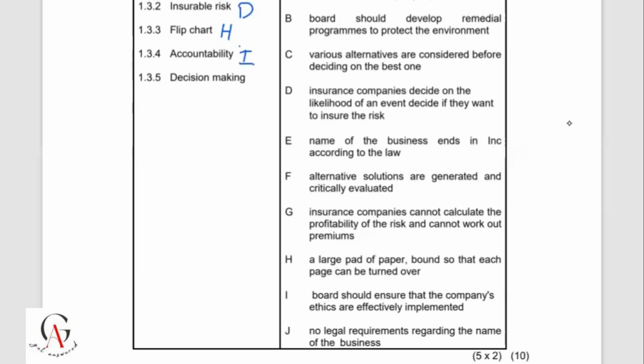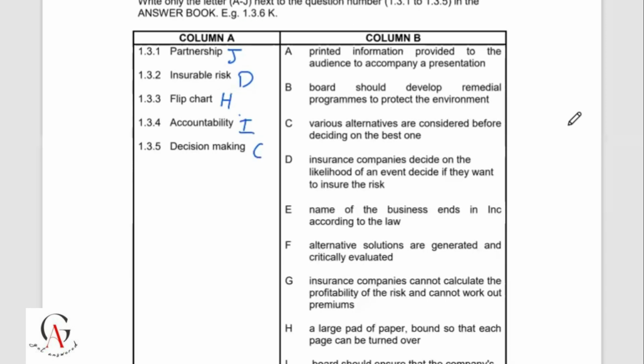So now the one for decision making, we are actually going to check out the various alternatives are considered before deciding on the best alternative to be taken. So now it means in this regard, our appropriate answer is going to be C. Okay, right. So now we are actually done with the question one for KZN. Now let's visit question one for